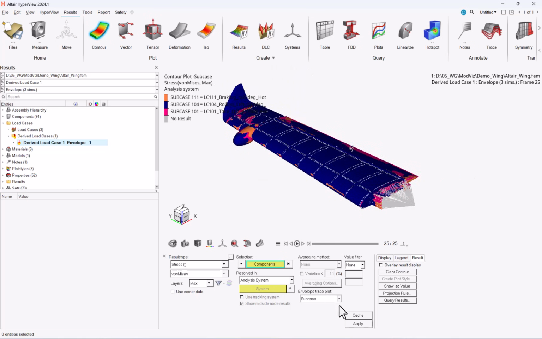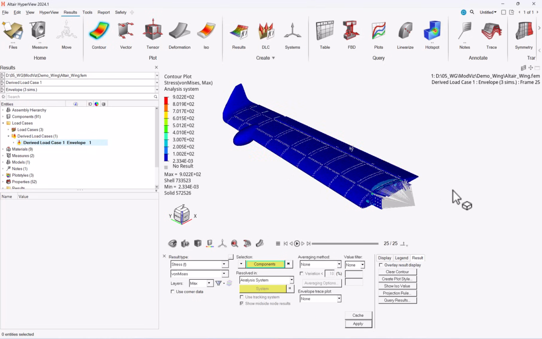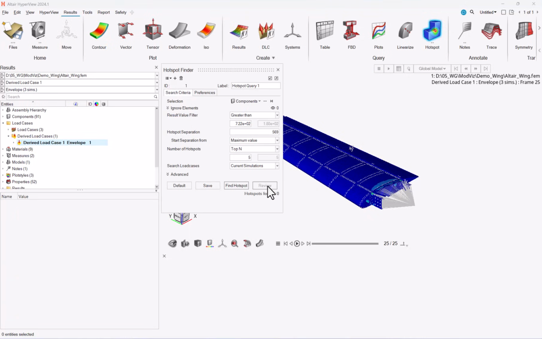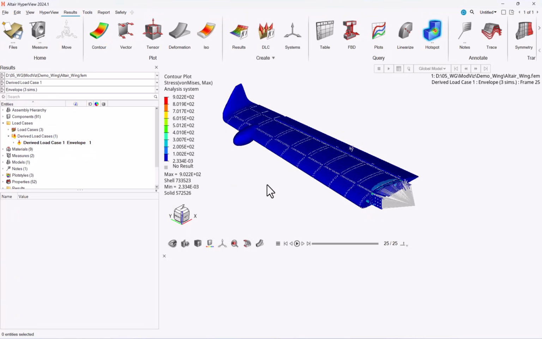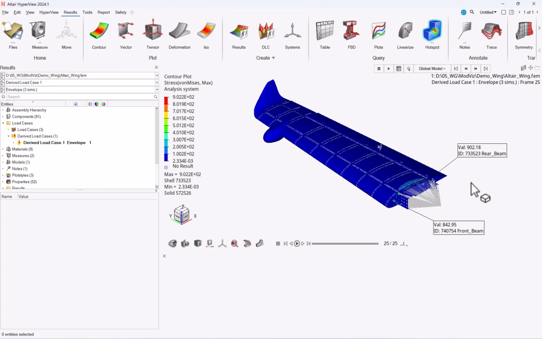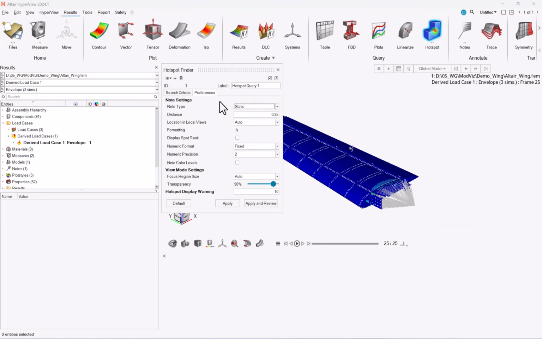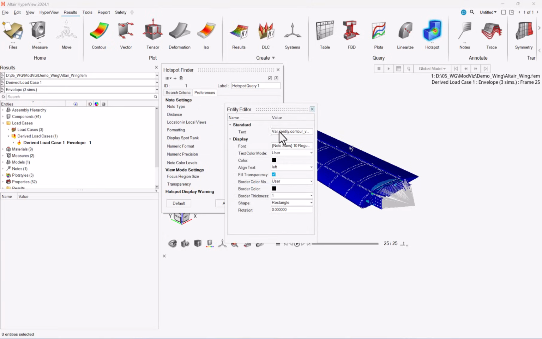Frequently we have the question, okay, but what I'm interested in is having the display of the stress maximum value, and I want to run some hotspots, look for the maximum, for instance, or a couple of maximum entities, and I want to know what is the critical load case. So here there's a quick way to do it. Just by editing the hotspot preferences, you can go to the formatting, and from the formatting you can hit the